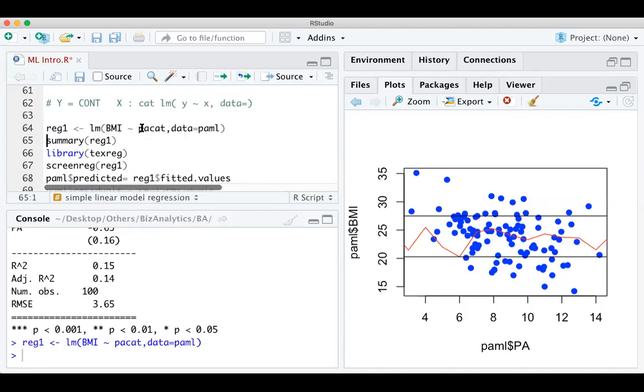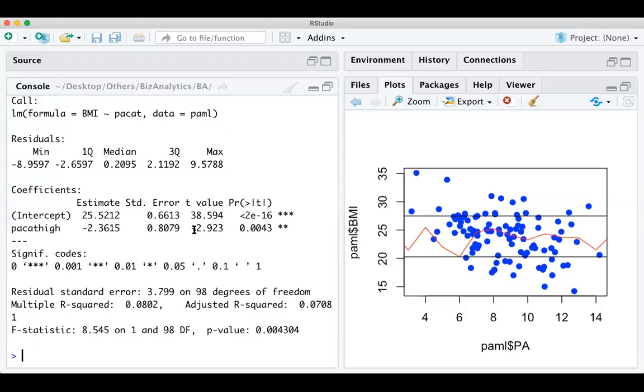It accepted. Let us look at how the summary looks. In the summary, we know what things we have to look into. This PA high becomes 2.3. You can see there are two levels in the categorical data, one is low, one is high. It will take low as the reference and subtract it from high. So what it shows is the difference between the two groups, high and low, which is 2.365. That is the BMI score difference, the average score of low people and high people, which is 2.3, right? That is how I'm getting it, and it is significant also.